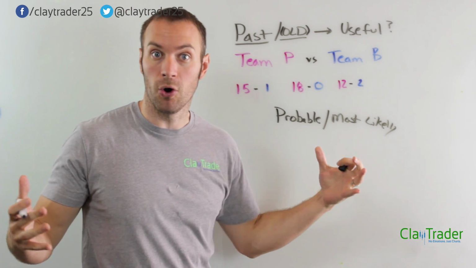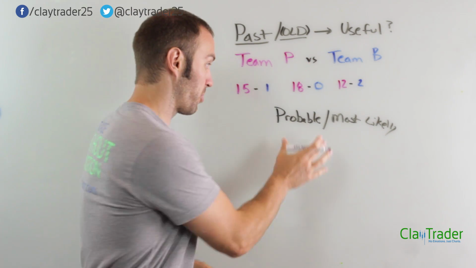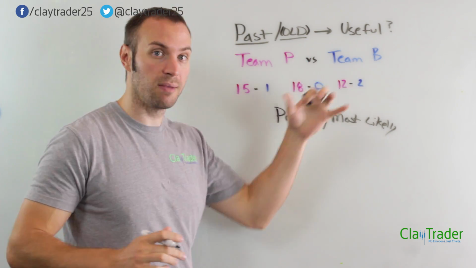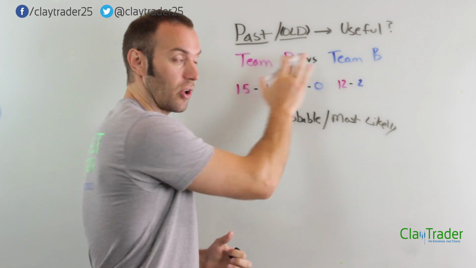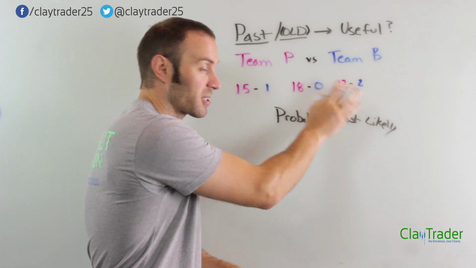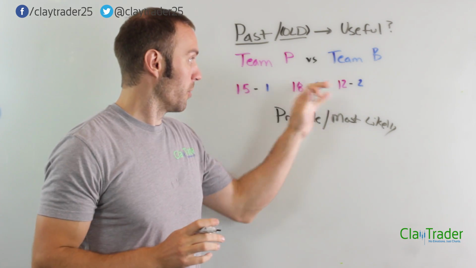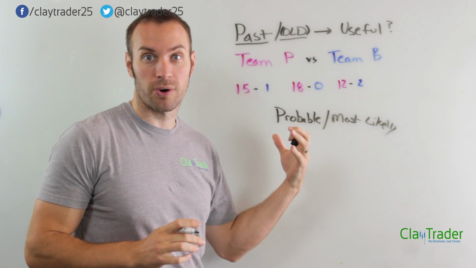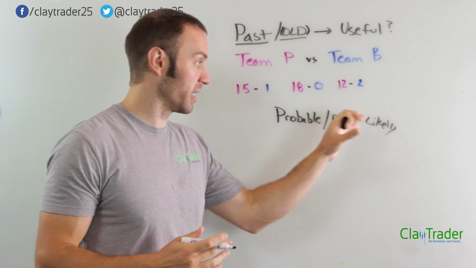Team Blue might come out of nowhere, play the game of their lives, and might actually win. But what's probable, most likely? Well, Team Blue's going to win. And this is all past data. It's already happened. This is, according to that one guy, the box scores from the past. So I totally disagree that past information, past box scores, past statistics, past history can't help predict what's more likely